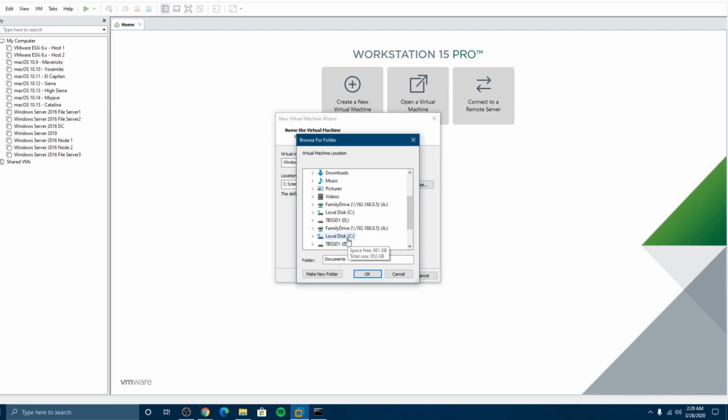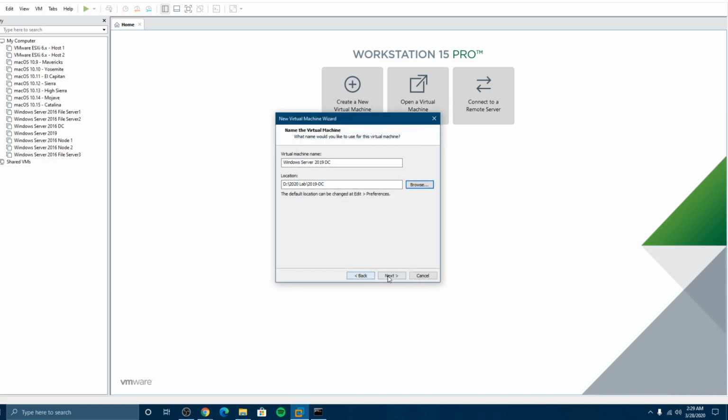and where we want to put it. Put it on our SSD, 2020 and 2019 DC. So you can create those folders as necessary and then click next. And we will go to the UEFI,